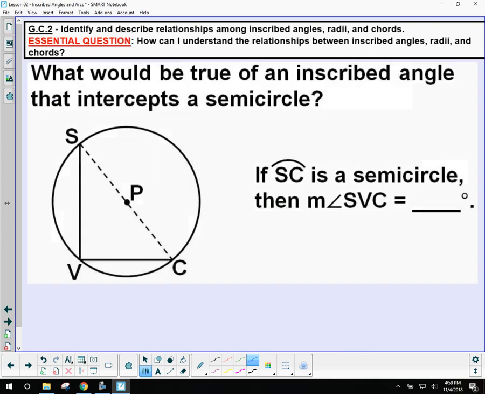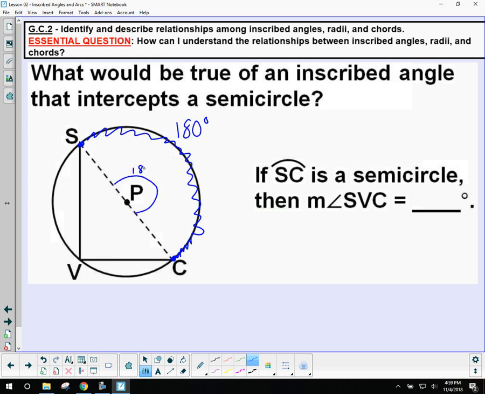So this is a fun fact. That would be true of an inscribed angle that intercepts a semicircle. If arc SC is a semicircle, then what's the measure of angle SVC? Let's think about this. We have a semicircle. That should be 180 degrees over here. Let me just color it real quickly. That's 180 degrees. It's being inscribed here, which means if that's 180,